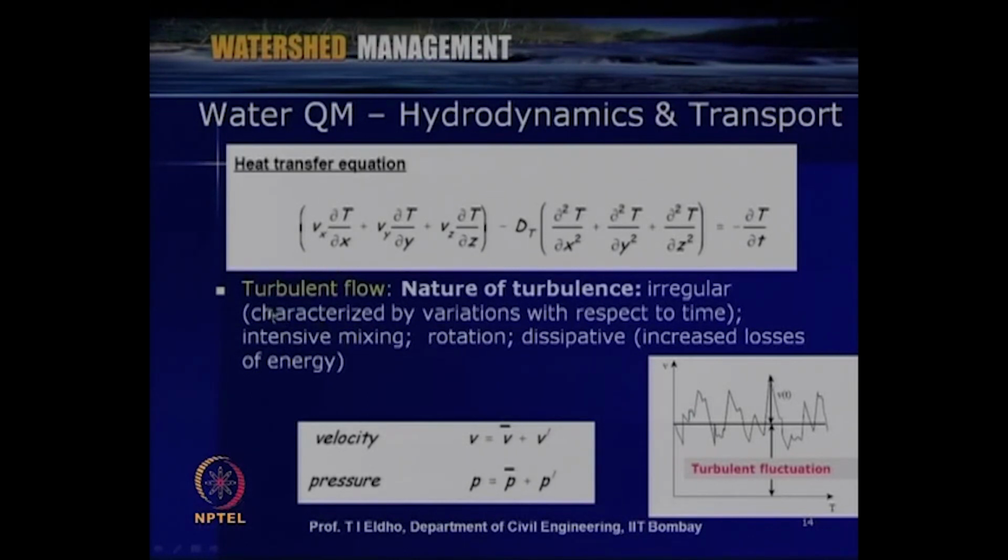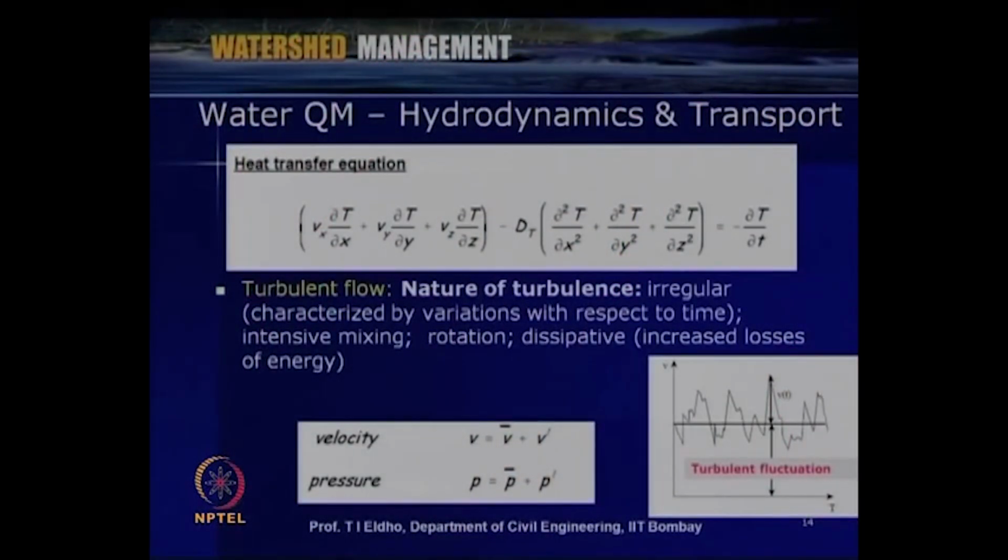Then depending upon the flow conditions, say the flow within the aquatic environment, like in a lake or river, or in a channel, depending upon the velocity of the flow, it can be turbulent or laminar. So this we can define in terms of the so-called Reynolds number, which gives the ratio of inertial force to viscous force. So we have to identify first the turbulent flow or laminar flow.